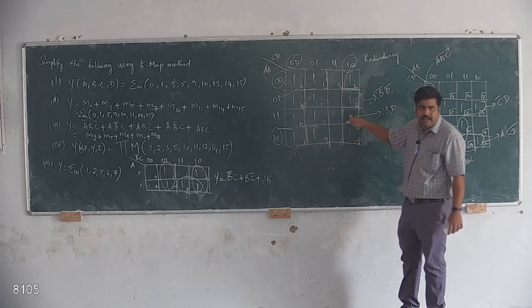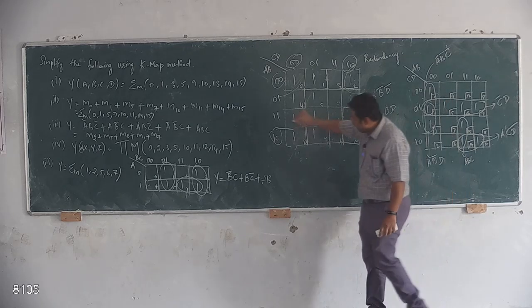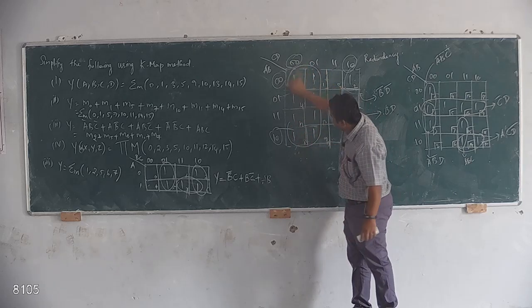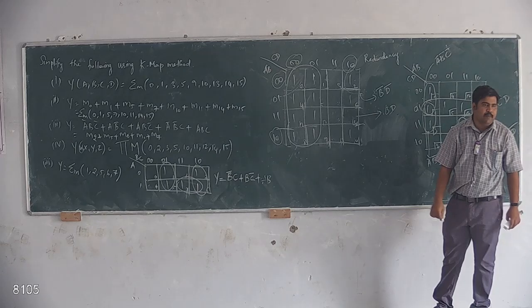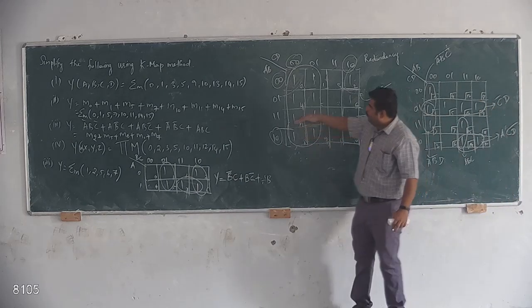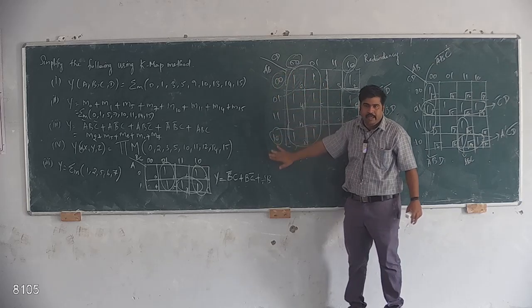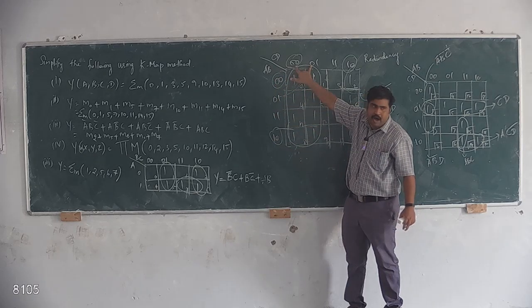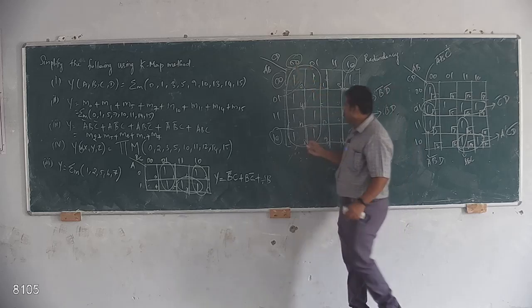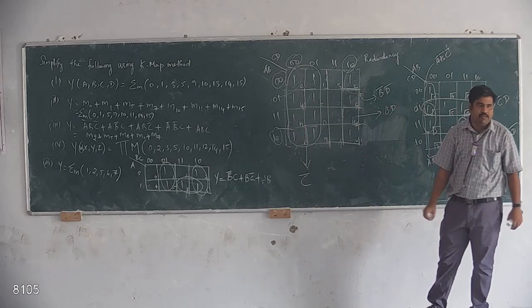So listen, here there is no 1 here. You should not combine it, say an octet. So here we can combine this as 1 octet. So all 8 ones combined together means here all the 4 boxes are combined together. No need to look here, anyway it is going to be 1 here. Only thing is you need to take the common variable outside. So what is the common variable here? C bar is the common variable. So for this, the answer is C bar.